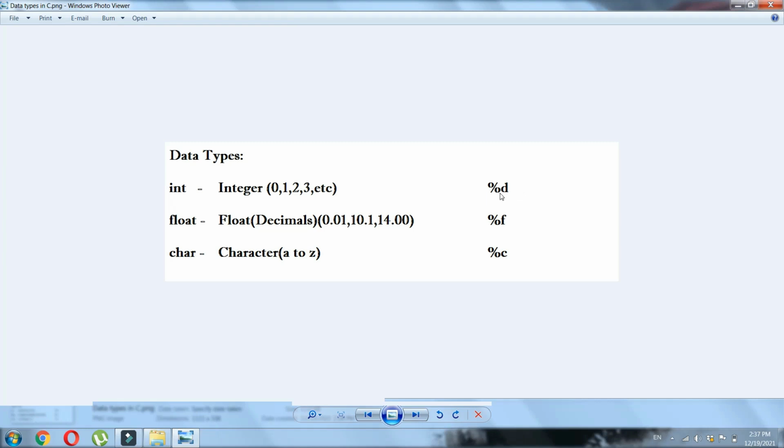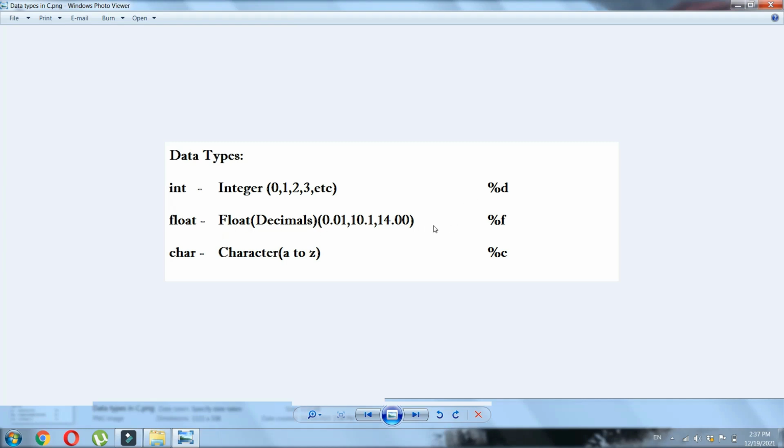You need to remember all these signs posted in this column, because they are important so that you can assign your variables based on the data type and call and print those variables or get inputs using these symbols.